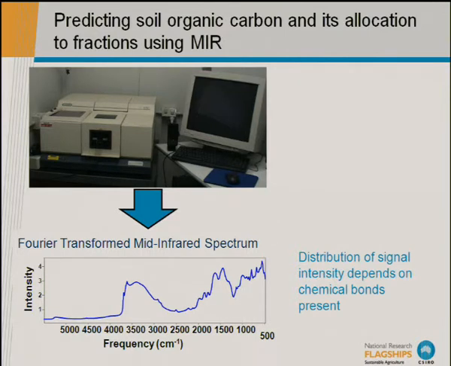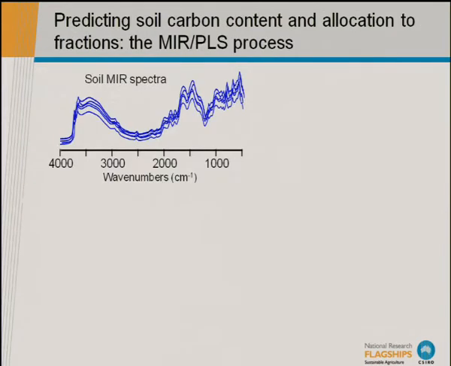So maybe 1,600 at most will go through the fractionation process, and then maybe only half that again, not even, will go through the NMR just because of the time constraints in a couple-year program. And so we could take that smaller bit of data as our calibration set and hopefully apply it to the mid-infrared spectra. And so this is just running through the process, and Les could probably answer any questions on this much better than I can